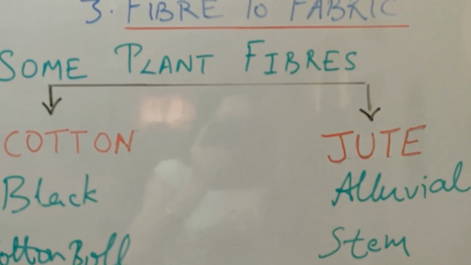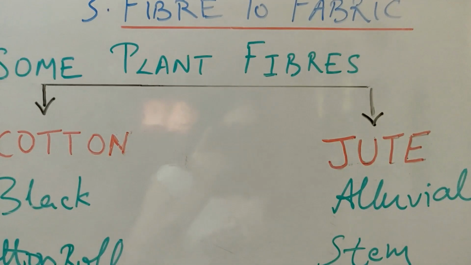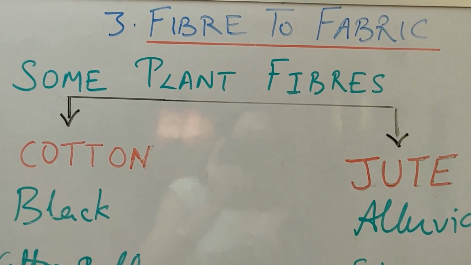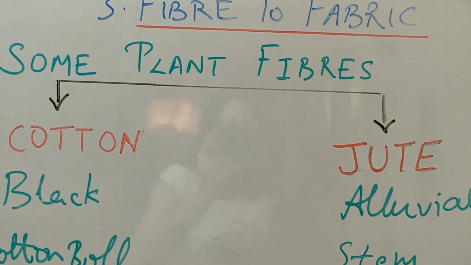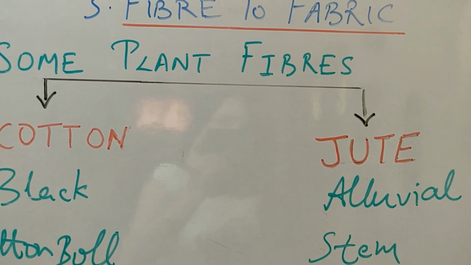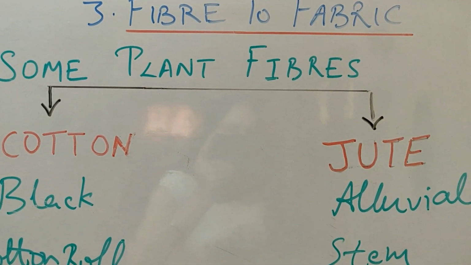Question number 3 is a fill in the blanks. It's very easy. A and B part, only 2 parts are there. While question number 4 is about cotton and jute plant. So you have to complete these 2 questions from your back exercise, and from your assignment which is provided to you in the last class, yesterday's class.